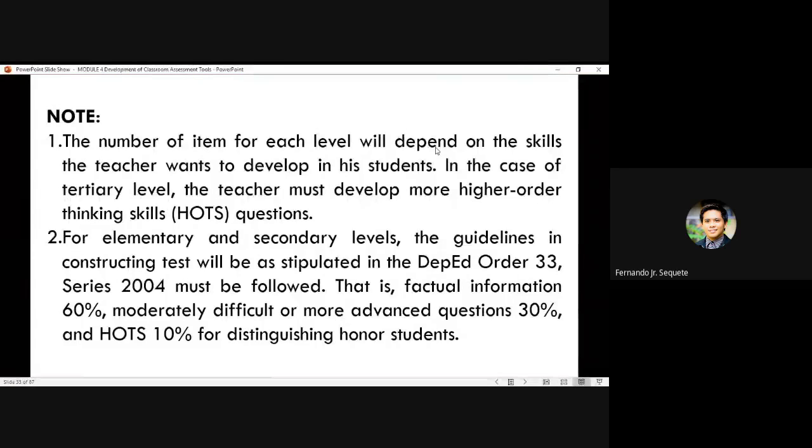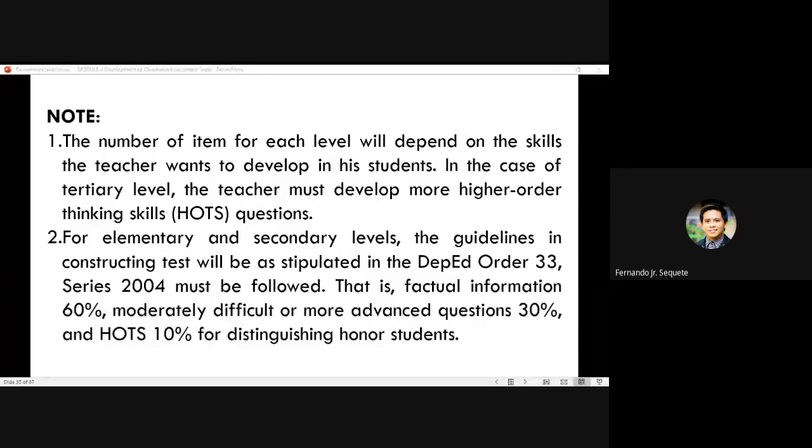Yung nasa gitna, yung difficulty, 30% lang. And then 10% lang daw for distinguishing honor students. So all in all, kung titignan, this is 100%, but ang pinakamarami daw questions na dapat gagawin sa elementarya at saka sa sekundarya ay more on factual information. Okay, the implication of that is that's the reason why perhaps DepEd students meron silang difficulty by the time they